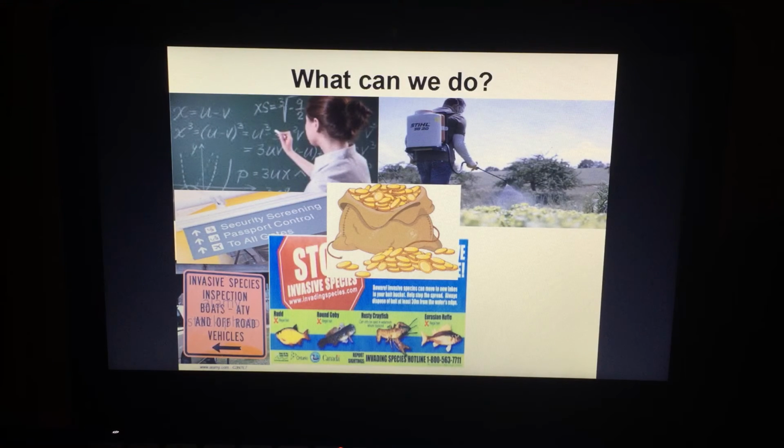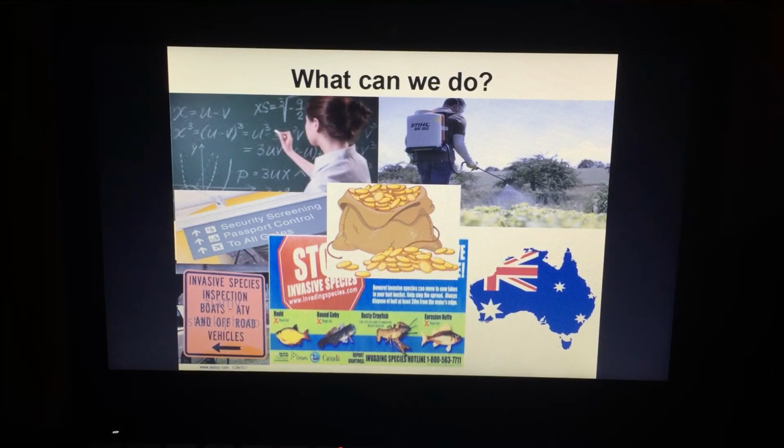We can also try introducing predators to the environment. This is what the Australians tried to do by bringing frogs to keep the beetle population in check. But this also poses a huge risk of the newly introduced predator becoming an invasive species. So which predator to use and its long-term effects on bringing it into the ecosystem must be calculated in advance, as learned the hard way by our Australians who now have a frog problem.